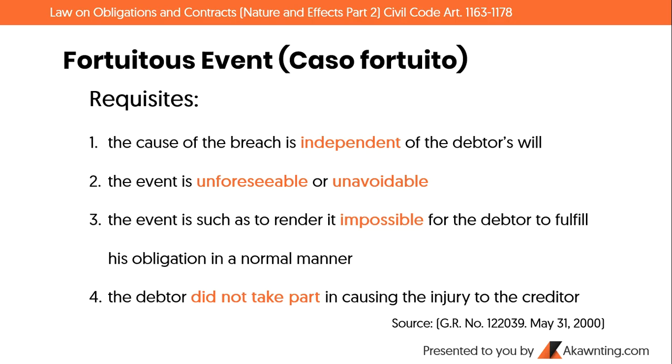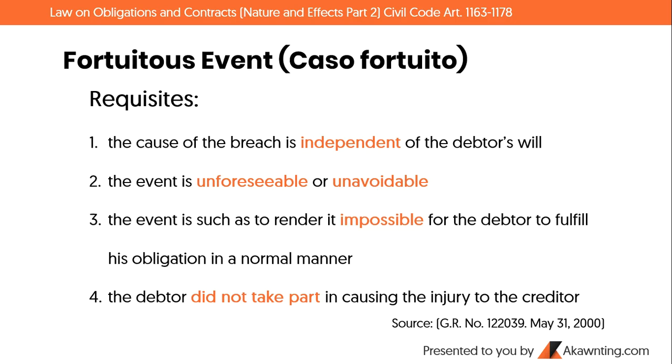So, what is fortuitous event? So, in order for fortuitous event or casus fortuito to exist, these are the following requisites. So, number 1, the cause of the breach is independent of the debtor's will. So, meaning, hindi po siya kontrolado ng debtor. Kumbaga, yung occurrence ng mismong event na yun ay hindi po kontrolado ng debtor. So, second, the event is unforeseeable or unavoidable. So, if it's unforeseeable, so for example,